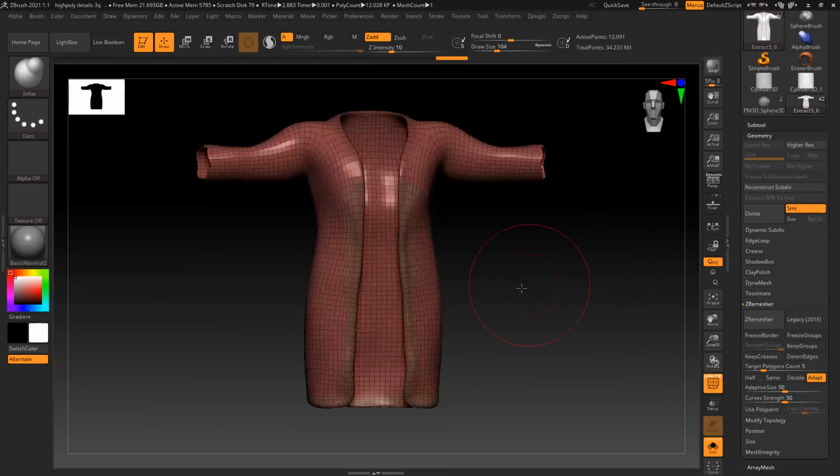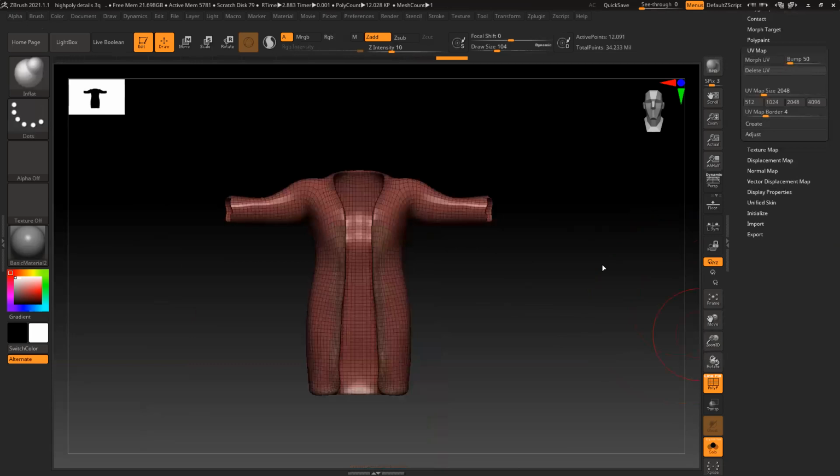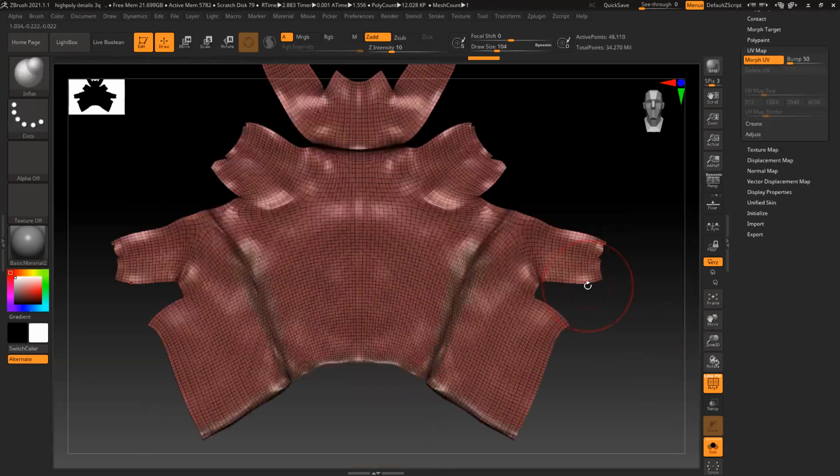Delete higher division. I have this one. Okay. UV. It kind of looks unwrapped.